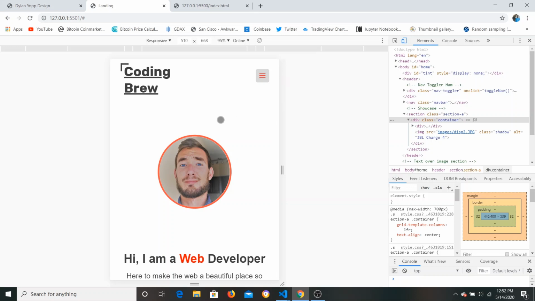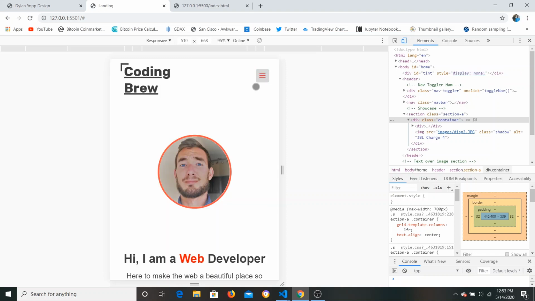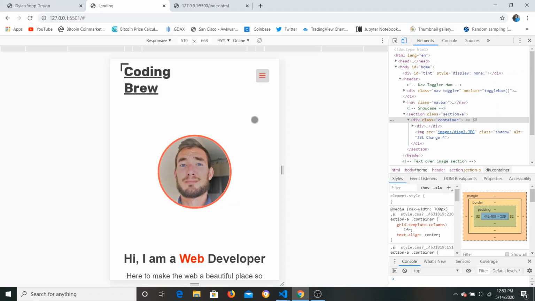So I'm super excited to be here, and in this video we are going to go over how to create a responsive navigation. This is what it would look like on a tablet or a mobile phone, and then you can also click this Nav Toggler, and on click it is going to bring out this side panel and create a tint for readability. So to get started,